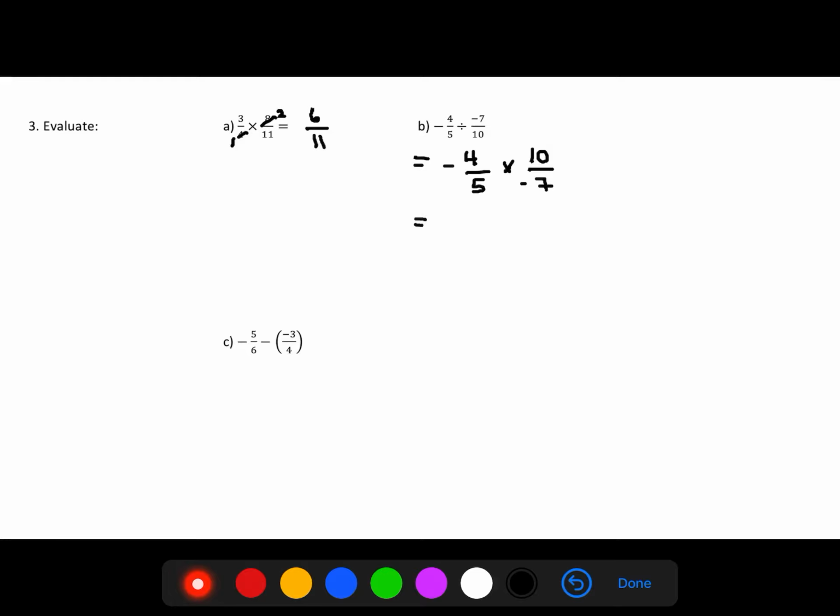Now we can take a look at exactly what we did the last question. 5 and 10 both divide by 5. 4 and 7 don't simplify. Now notice that when we multiply our numerators, we get -8. When we multiply the denominators, we get -7. We still need to simplify that